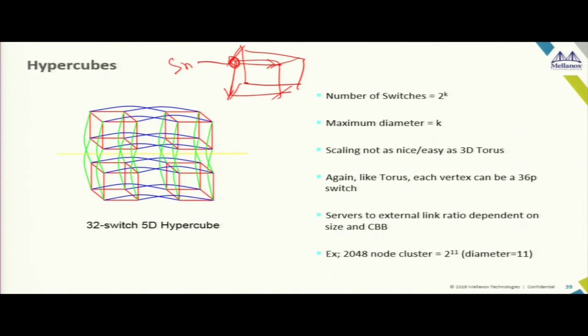your network. So when you have a higher order hypercube, what you do is you take another hypercube and connect it like this, what you see in this diagram over here. So this is a 5D hypercube. Why? Because every vertex is connecting to 5 of its neighboring cube vertices. Again, the maximum number of switches it will have is 2 to the power k, where k is 5. The maximum graph diameter is equal to k. That graph diameter is nothing but the number of switch hops in your network. So this is again one way of connecting.